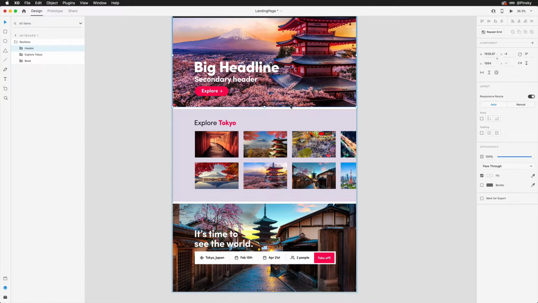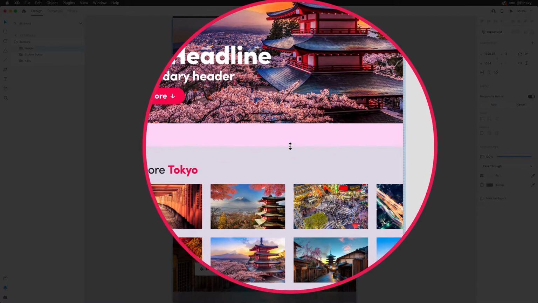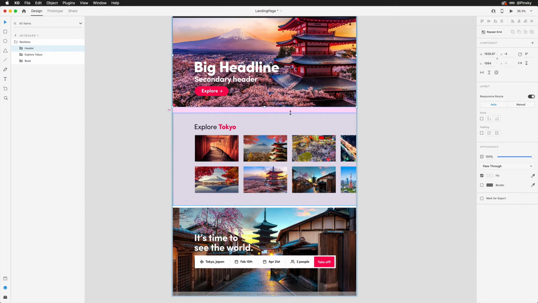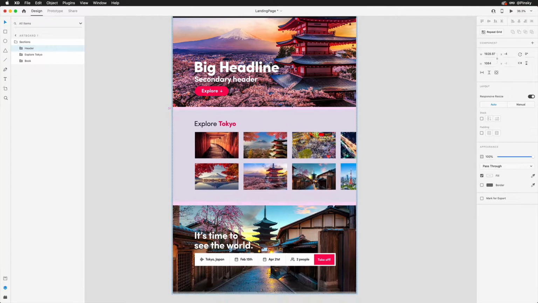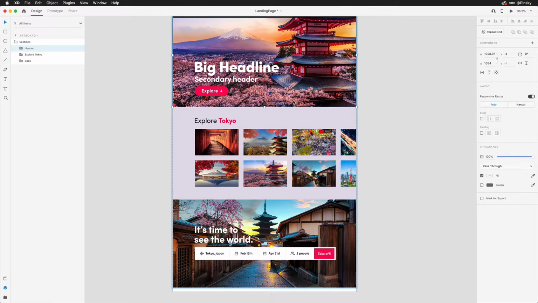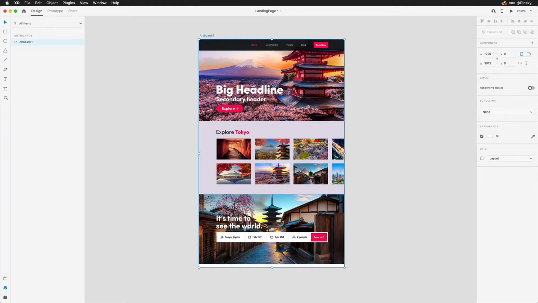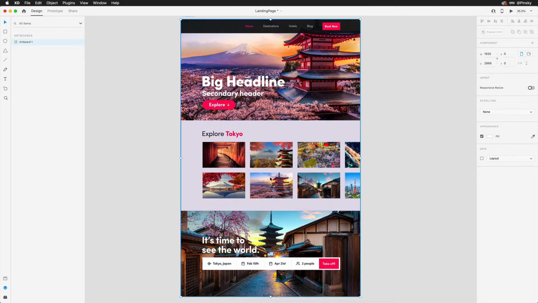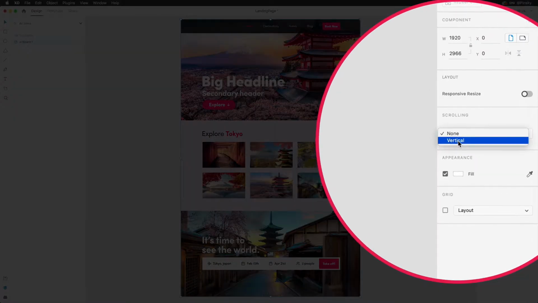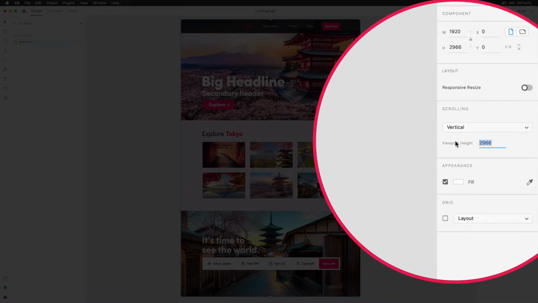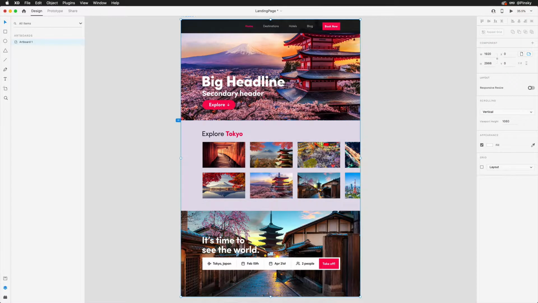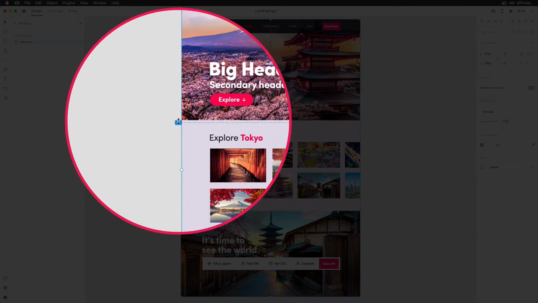I can now hop into our newly created stack and move the sections around with ease. And if I'm particular about spacing, I can control it on an individual level by dragging on the pink area in between stacked elements, or hold Shift to adjust them all at once. Now that I'm happy with the design, I may want to add in a few interactions. First off, since this is a long-form landing page, I'd love to be able to scroll through it. Selecting the entire artboard, vertical scrolling can be enabled within the Properties Inspector, where a specific viewport height can be entered, or the blue handle can be adjusted to the left.